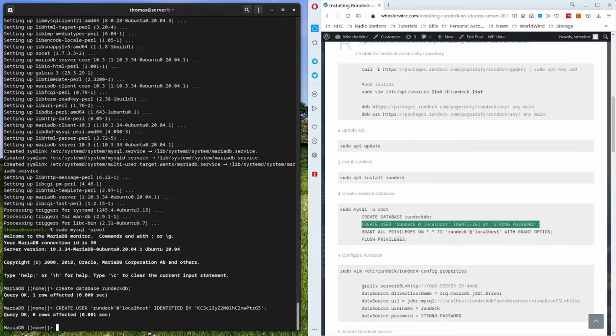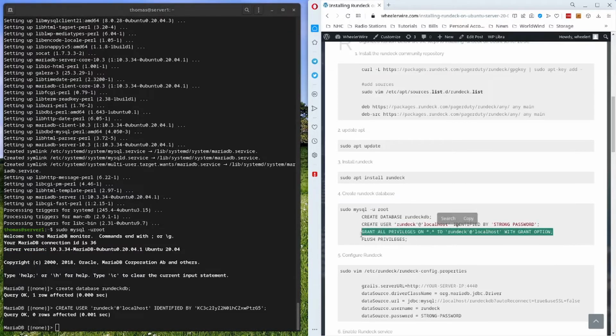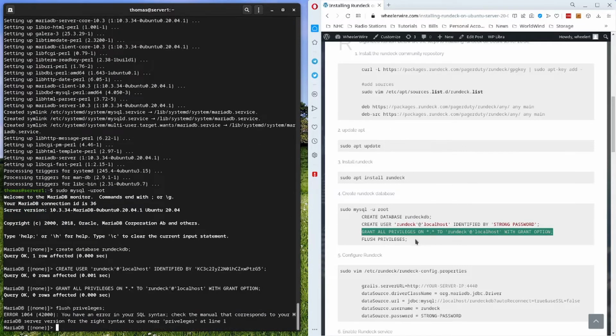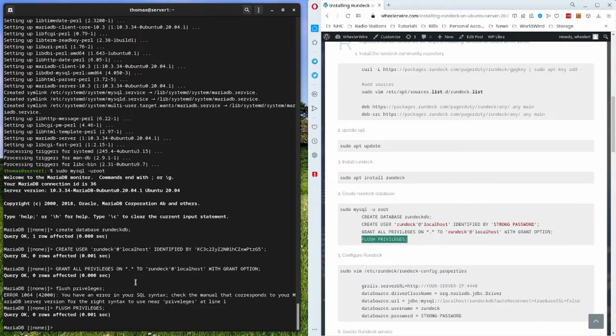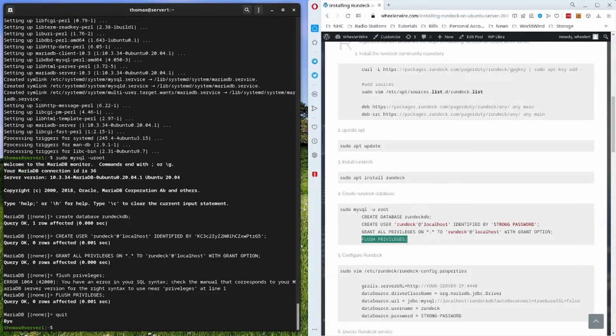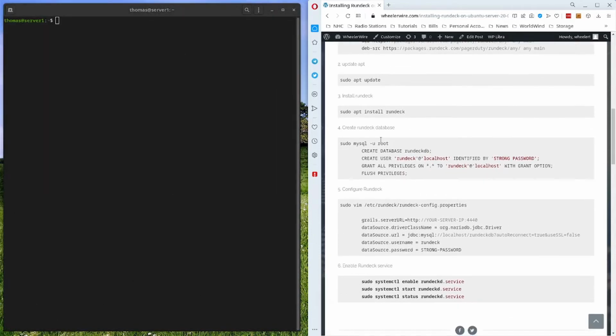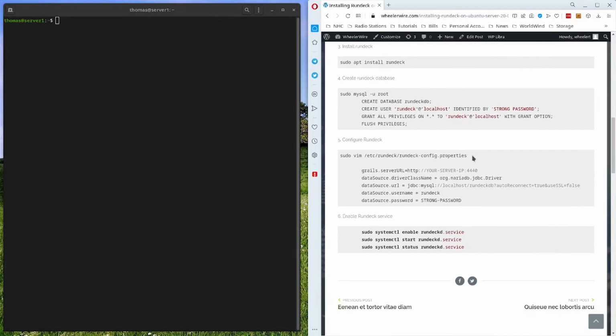Rundeck. Okay, now we want to grant all privileges on all of the tables in all databases to Rundeck. There we go. Now we can flush privileges. Okay. Now that the database is created, we have a password. Now we can